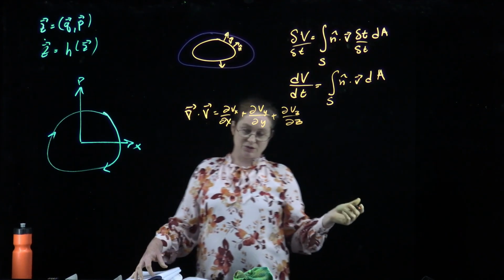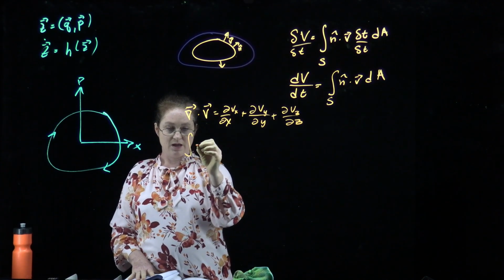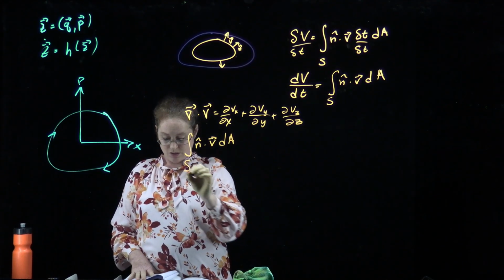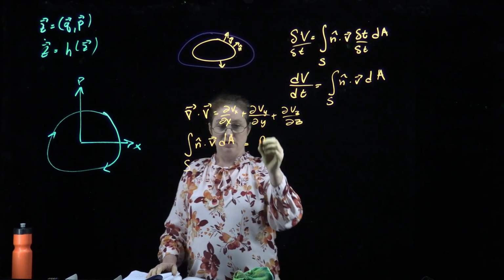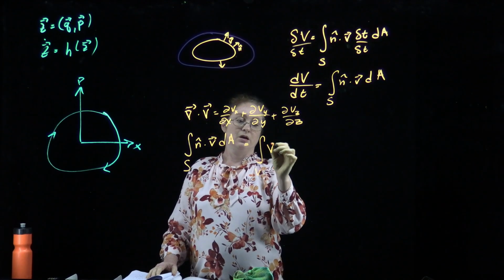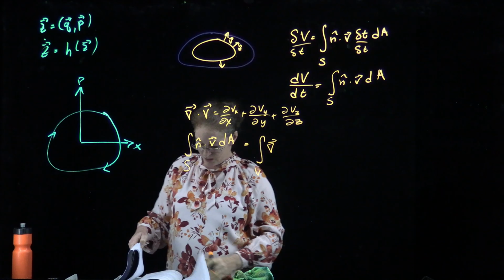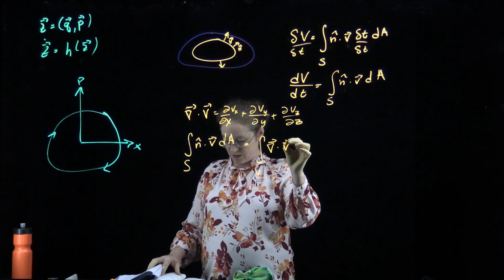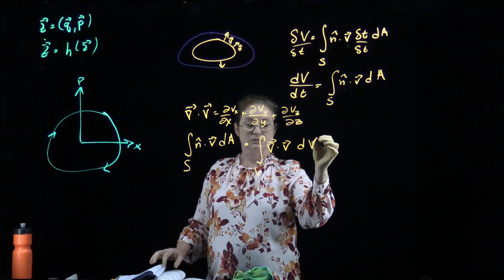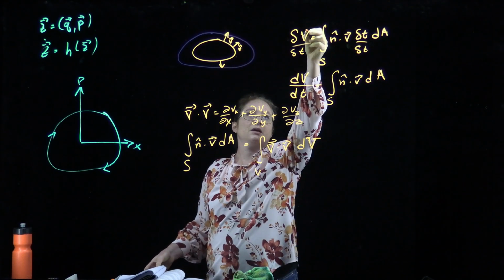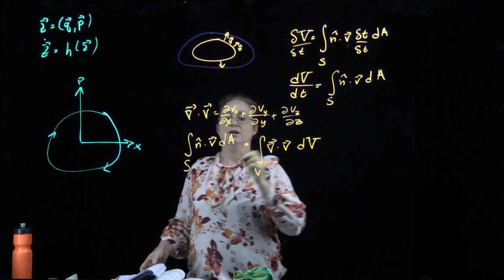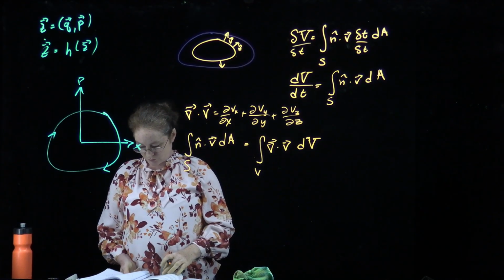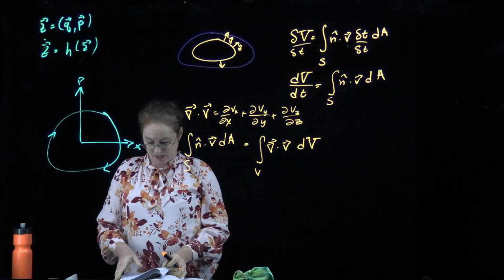And the divergence theorem says that if you have n hat dot some vector and you're integrating over a surface, this is equal to the integral over the volume of del, that operator, dot v dV, where maybe I will go through here and make my volumes capital V's just to make it clearer what's a velocity and what is a volume. Okay, so